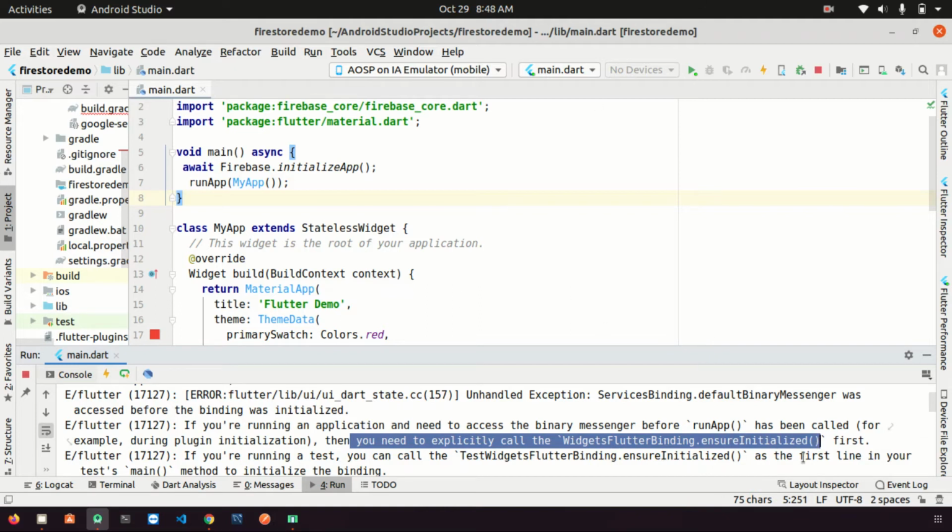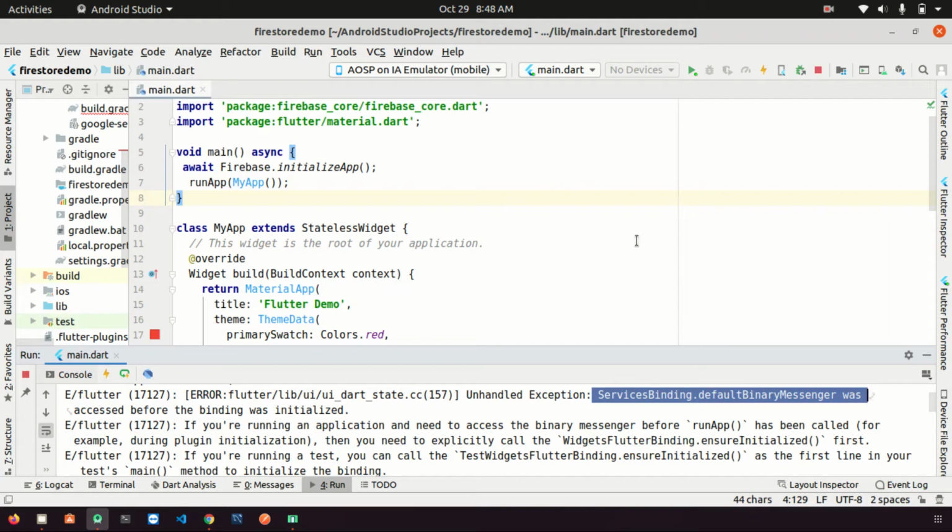So there is something in ServicesBinding we are trying to access at the time of plugin initialization, right? Firebase initializing the app is initializing plugins related to your Firestore, so it internally uses this binding.